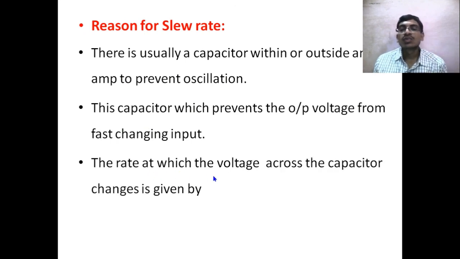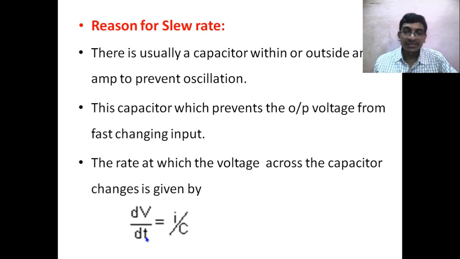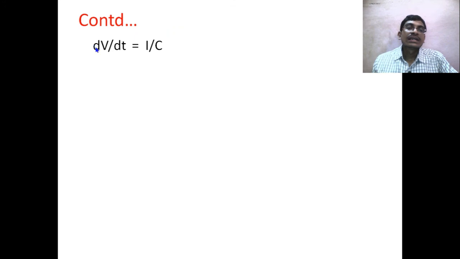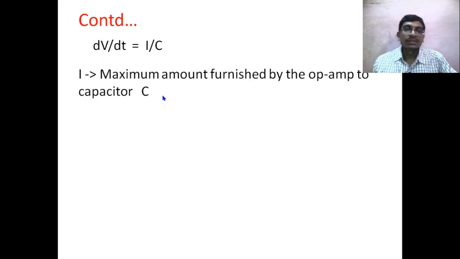The rate at which the voltage across the capacitor changes is given by the formula dV by dt equal to I by C, where I is the charging current of the capacitor, and C is the capacitance. dV by dt is the rate of change of voltage across the capacitor. This can also be written as I is equal to C into dV by dt, if you want to get the charging current. So dV by dt can be written as I by C,